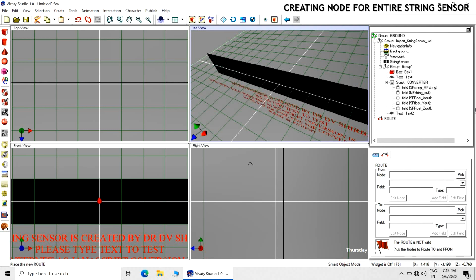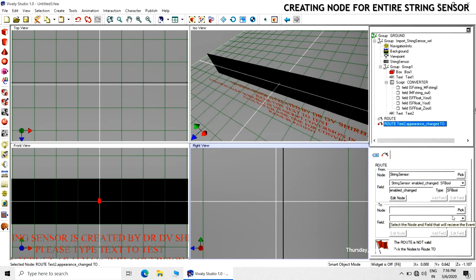Now we will be creating two routes. One route will be from string sensor to the converter.